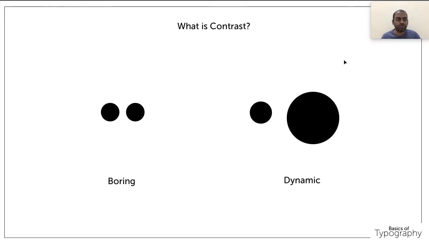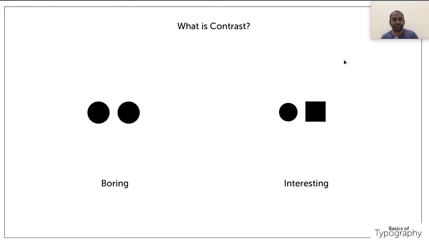Imagine the slide is fully filled with small circles, and one circle alone is bigger. Then our eyes will definitely go towards the bigger circle, because that creates some amount of contrast. That adds some dynamism to our design. So that is the second case. In the first case it is something different, here it is more dynamic.